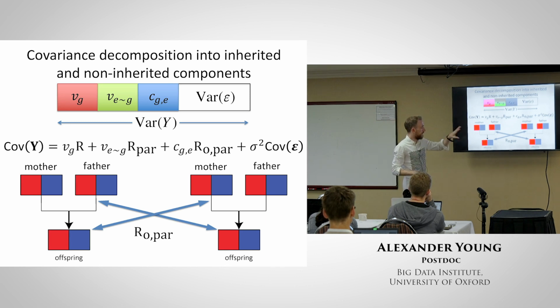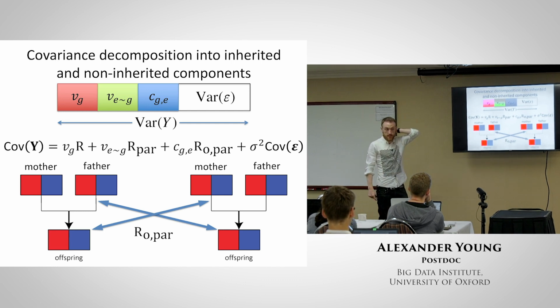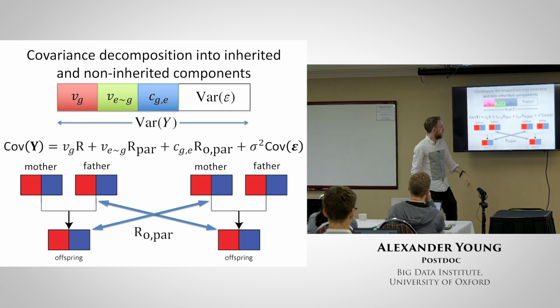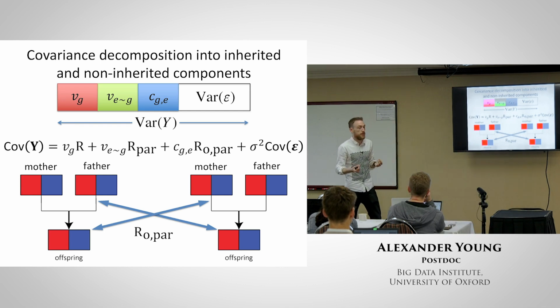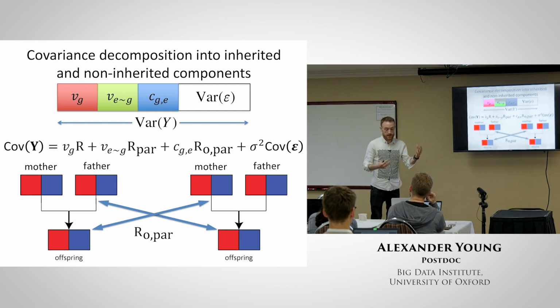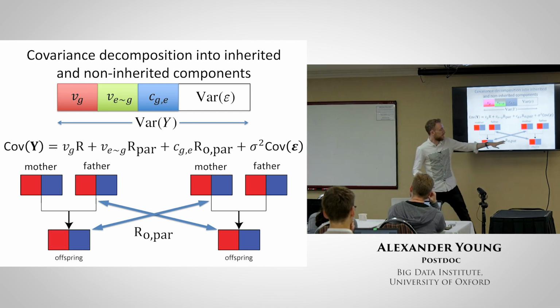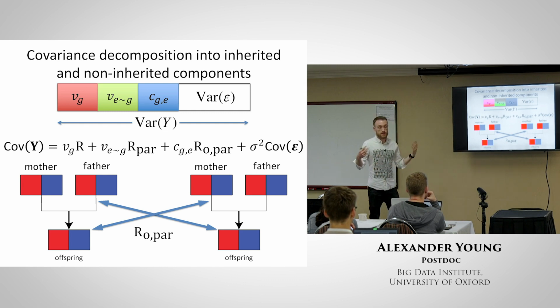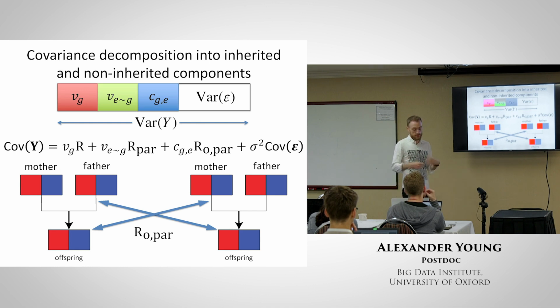So this doesn't completely determine all the possible sources of covariance between a pair of individuals in a population, because there can still be covariances of this residual environmental component that can be due to random family environment effects or population stratification. So there's still an unknown environmental covariance component in this decomposition of the phenotypic covariance matrix. So that can be problematic potentially if you don't think about it.